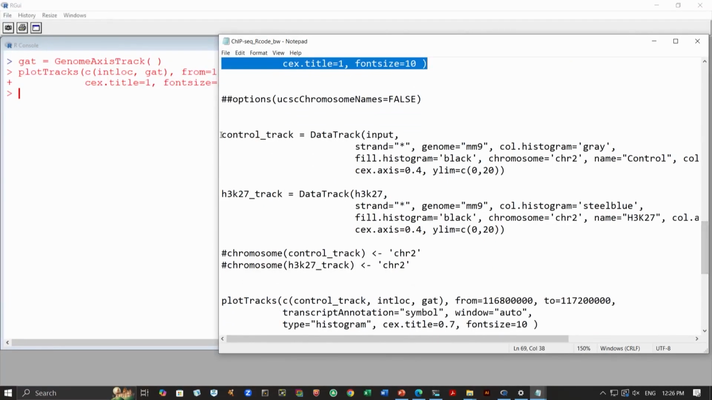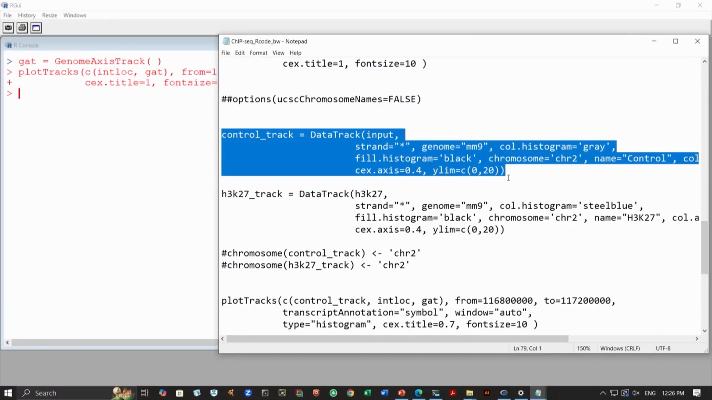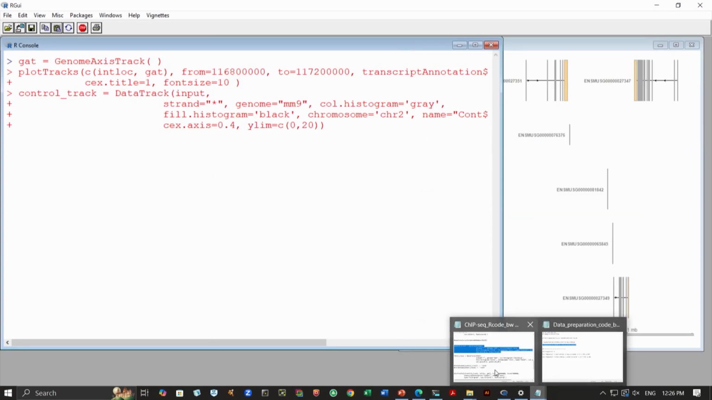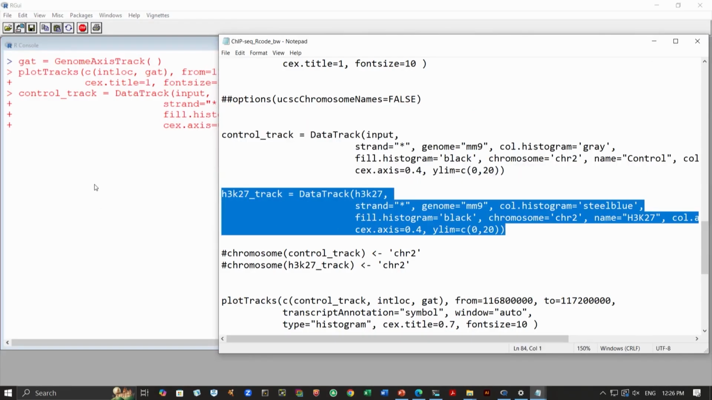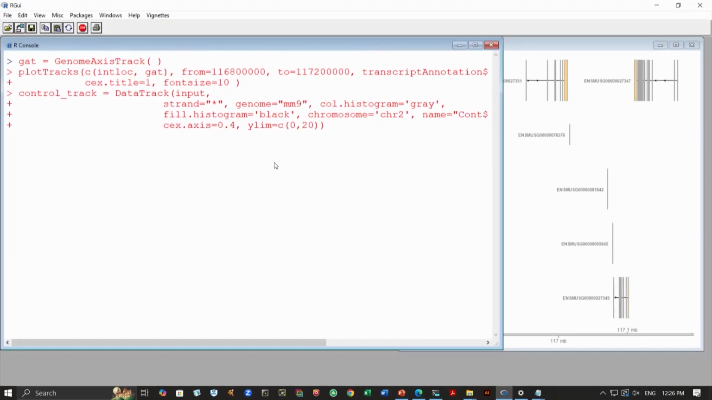The next step is to define these data tracks as before, right? So here we have the first data tag for the input file. The second data tag would be the actual ChIP-seq experiment. Again, the commands are very similar. It's chromosome 2, right? We have control, and then we are putting the limits here. Again, we can play around with the limits and see what would be the actual appropriate limit. Okay, so it's actually loading,